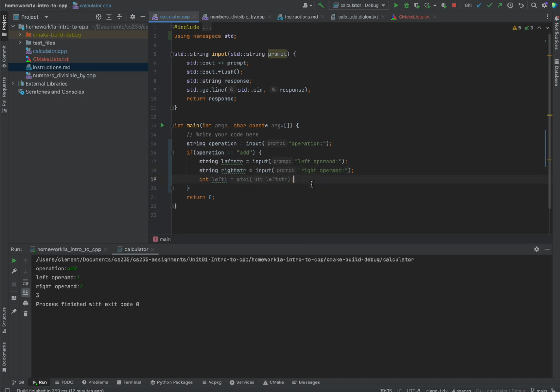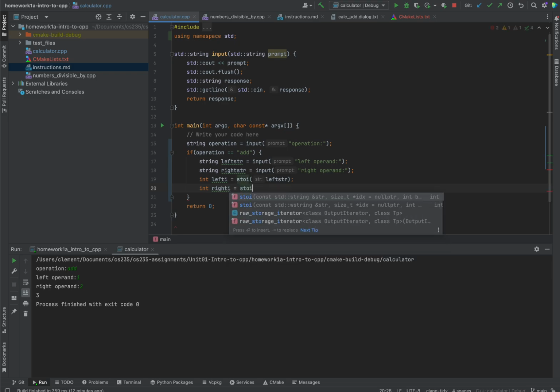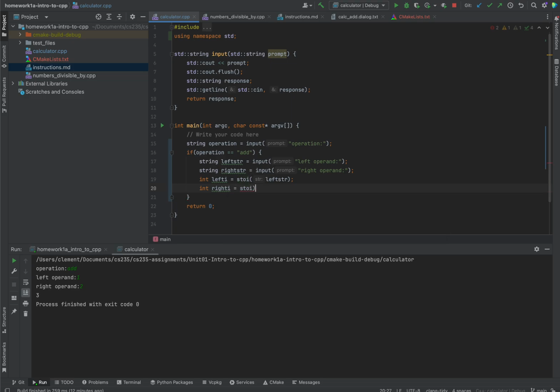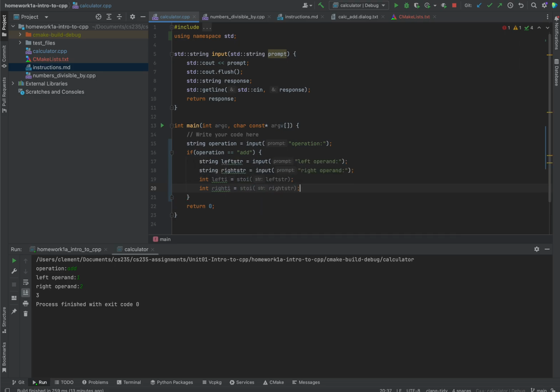And then I can say int right I is equal to string to integer of the right str. And now I've got integers for those two,